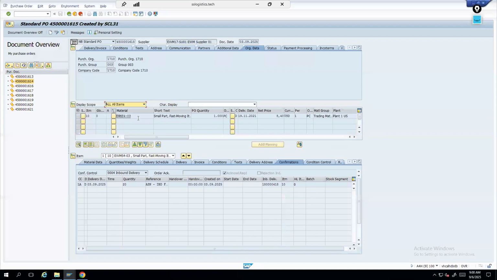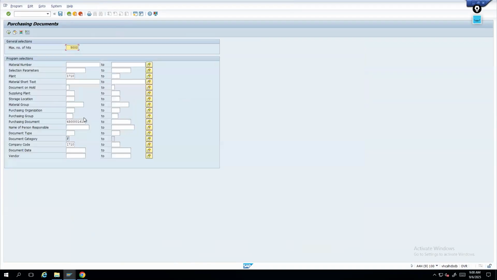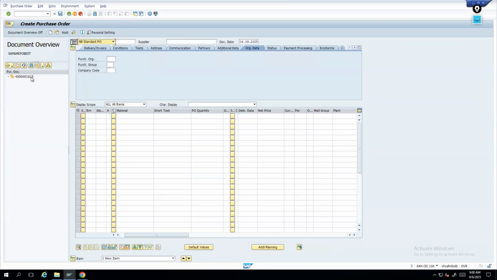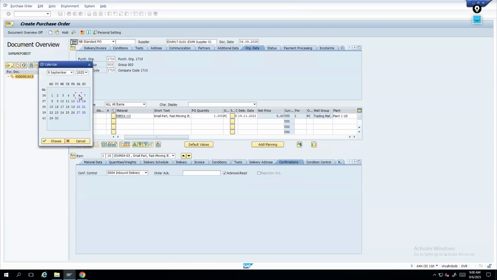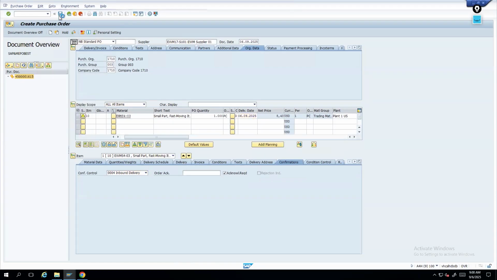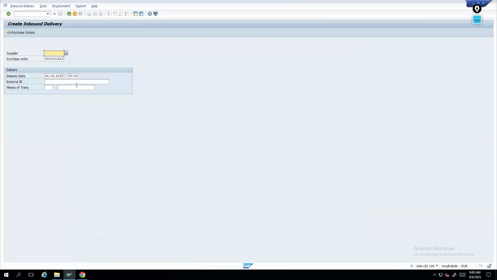Now I open this particular purchase order. This purchase order is created in ERP. Now I create a purchase order with reference to this purchase order. I'm going to say the delivery date is today, and do the check and save. Against that, I'm going to create a delivery, VL31N, and I say this is asynchronous